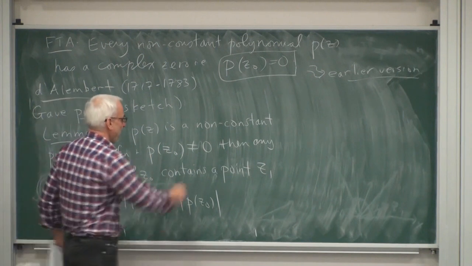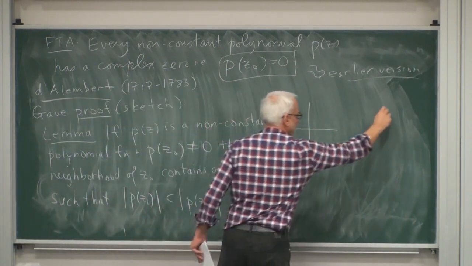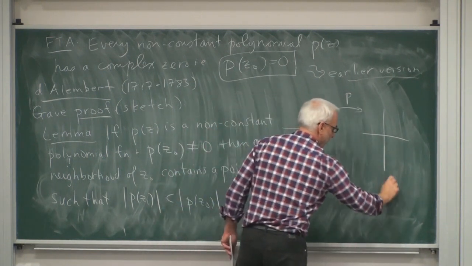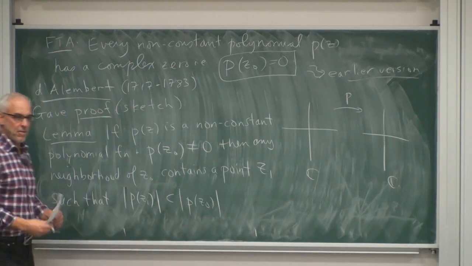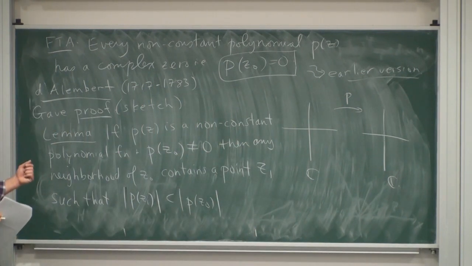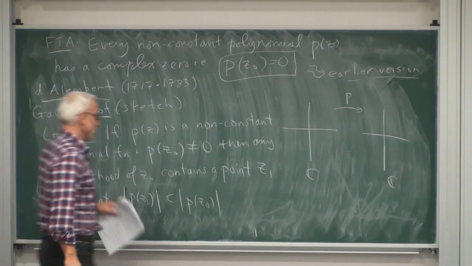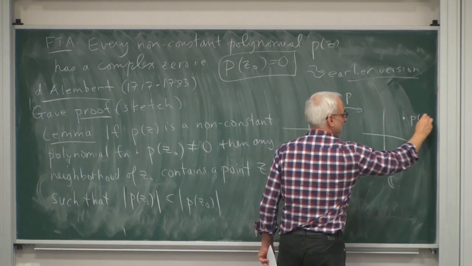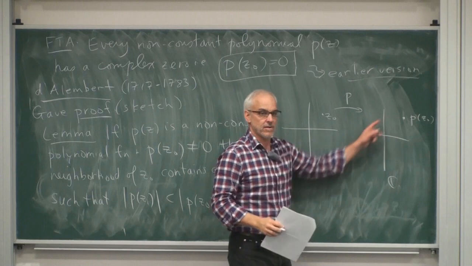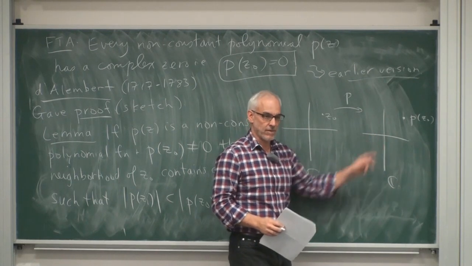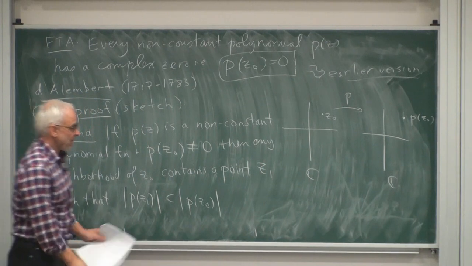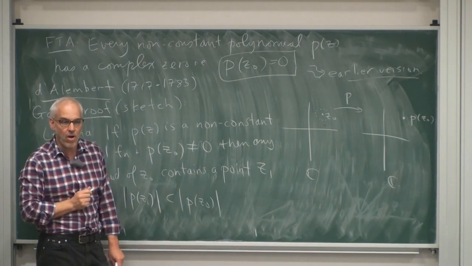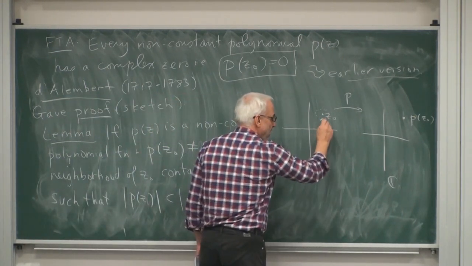So this is all happening in the complex plane, and it may take some getting used to thinking about these kinds of things if you're not used to it. So there's a copy of the complex plane, there's another copy of the complex plane, and we're thinking of the polynomial P as taking points in the one complex plane, giving us points in the other one. And we're assuming that we've got some point Z0 over here, and its image under P is some point over here, P of Z0, which is not the point 0. And the lemma says that no matter what little circle you draw around Z0, even if it's very, very small, you can find a Z1 somewhere in there,